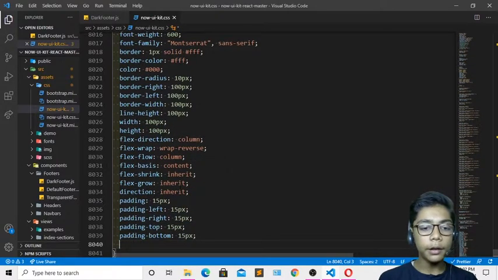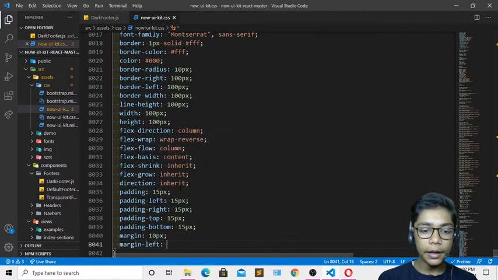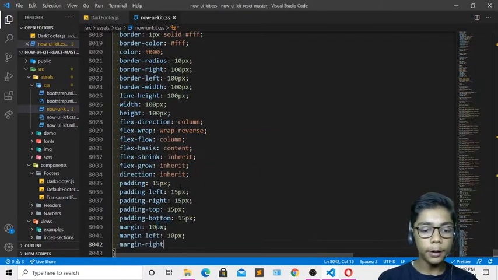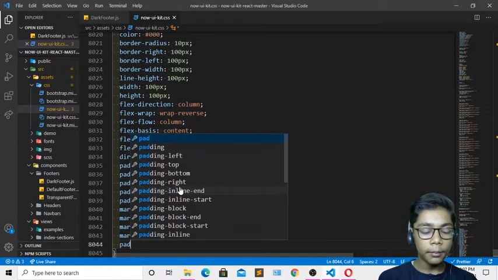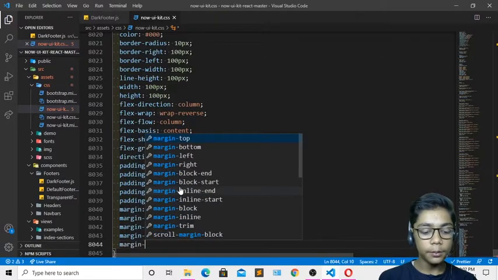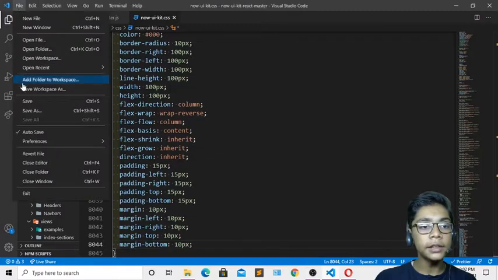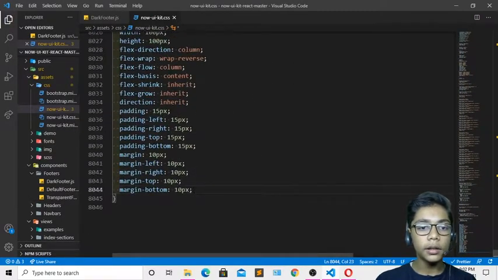When you've done that, I will be coming underneath again and creating a margin which should be 10 pixel. Then create a margin left of 10 pixel, and I'll also create a margin right of 10 pixel. Then I'll also create margin top which will be 10 pixel, and margin bottom which will be 10 pixels. So now when you've done that, I will be hitting save, and now I'll be going to the top. You can see that we have written all the things like that.